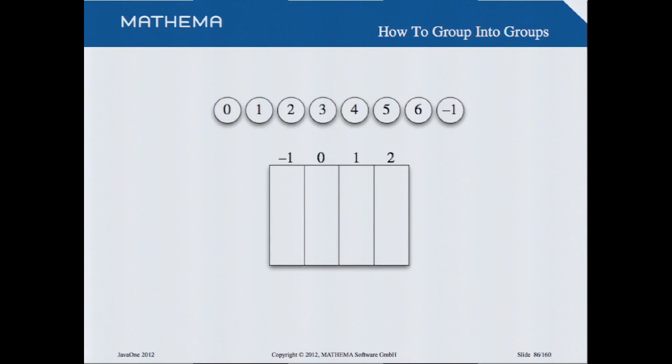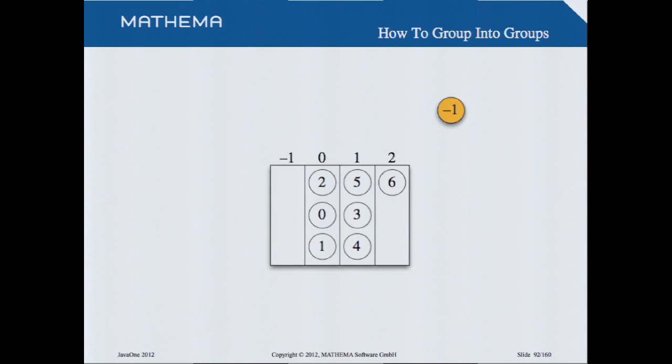For example, you have those numbers and you have those slots below, and you want to put the numbers in the slots. So let's say we take a look at 2, how we get this in the slot, and every slot can keep 3 numbers. We divide by 3. Okay, 2 divided by 3 is 0. So we put the 2 into the slot 0. Let's do it for 5 again. 5 divided by 3 is 1 something. It will be rounded towards 0, so it will be 1. Okay, fine. If you do it with the other numbers, they will fit.